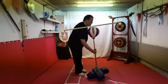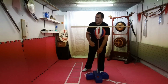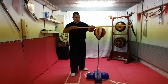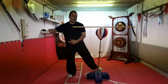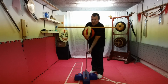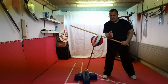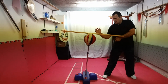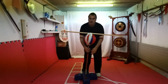Last time I was talking too much about HE and forgot that we are talking about E. I have shown some applications already with HE, like this one. Grab his arm and then kick and pull in the other direction at the same time, or also when you expand, or the Liu Feng Subi, the first application, when we are grabbing from here, and when you are laying on the elbow of the opponent. Here's the raise, here's the elbow, and then you can grab, and he will not be happy when we break his elbow here. So these were some applications I was showing, but I was initially talking about E,